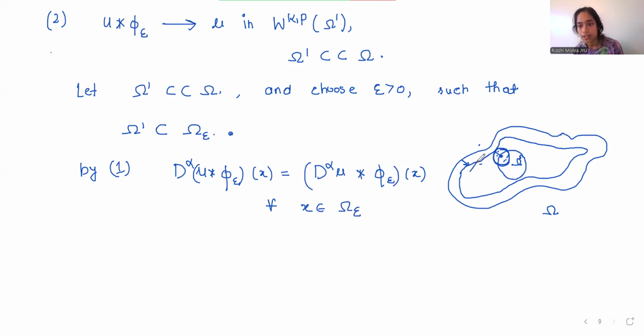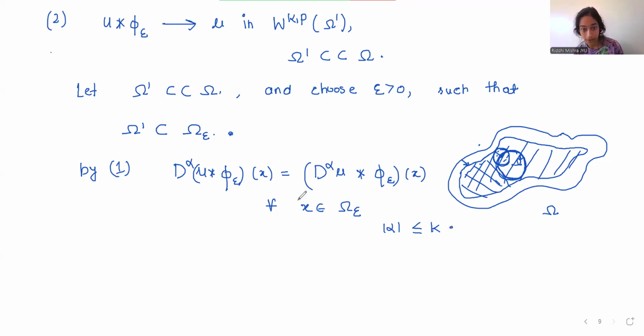So we are looking at this, not in the whole set. And I want to approximate my convolution approximation in this open ball or open compactly contained set. So this is true for